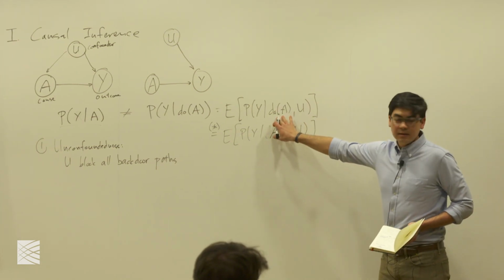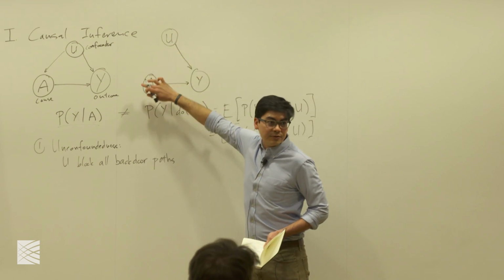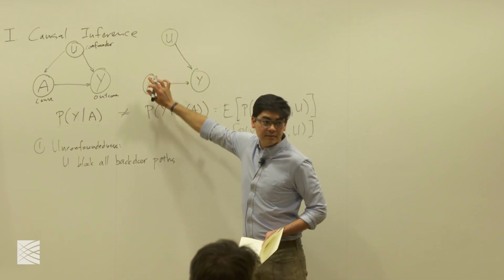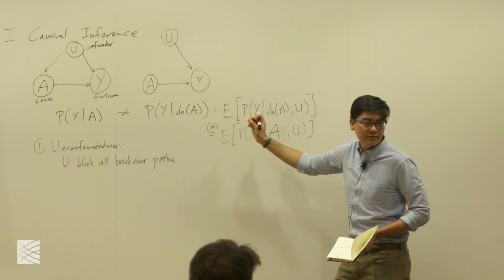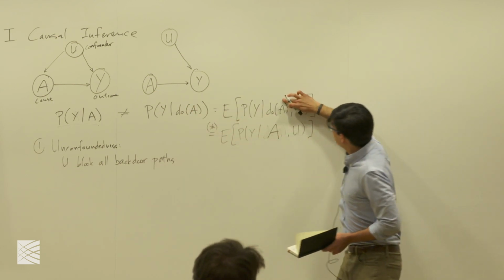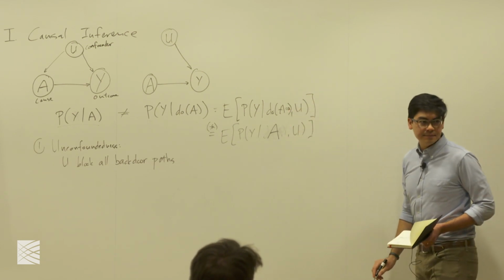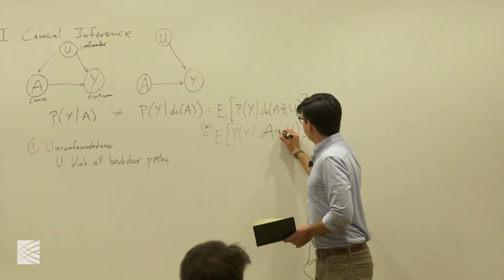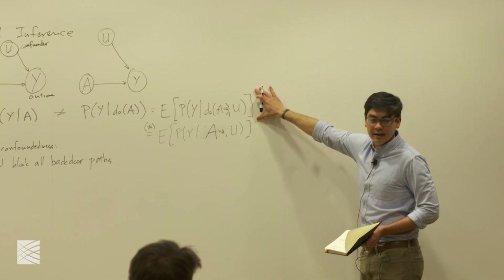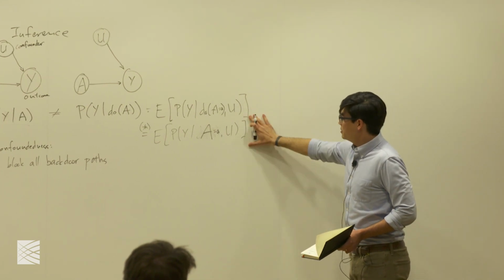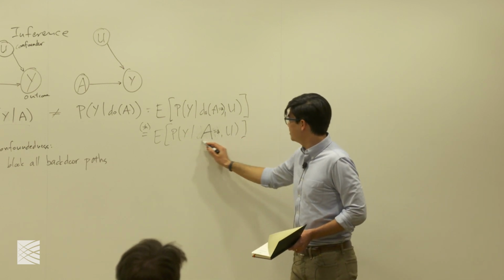What's this do operator here? Yeah. The do operator refers to the setting where we have removed the arrow from U to A, right? So that's what it means formally. Intuitively, it means that we are reaching in and changing the value of A. So in particular, let's think about the setting where we have a particular value of A in mind. Under this unconfoundedness assumption, it allows us to move from this hypothetical quantity to an observable quantity. Now, essentially, we just need to look at this regression function,